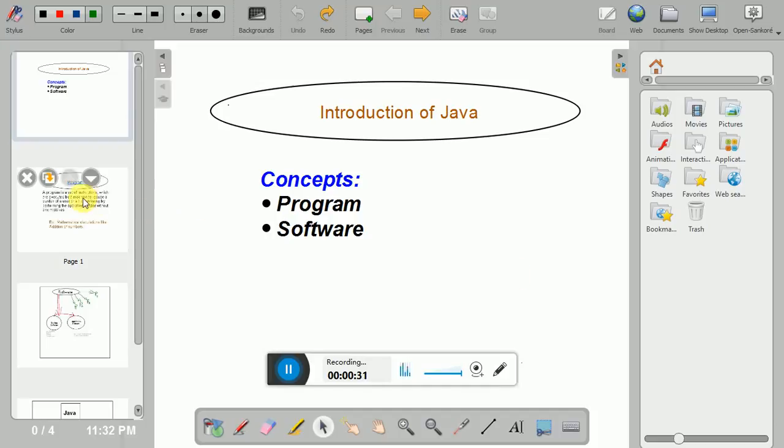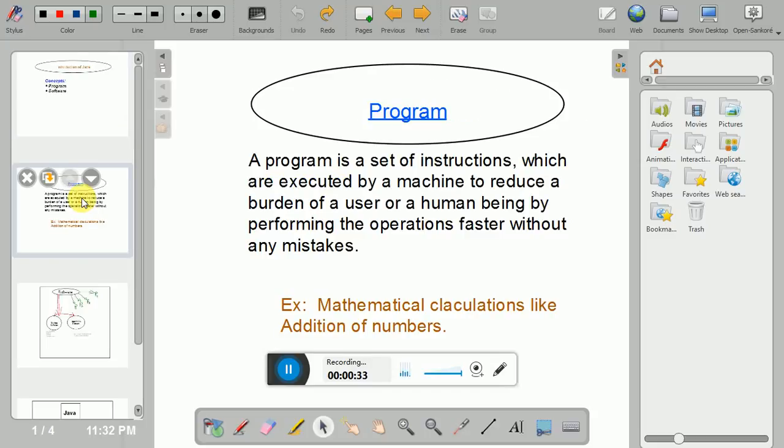First one is program. A program is a set of instructions which are executed by a machine to reduce the burden of a user or a human being by performing the operations faster without any mistakes. That is the basic definition of a program. For example, a mathematical calculation like addition of numbers. Here I would like to take one example, like a